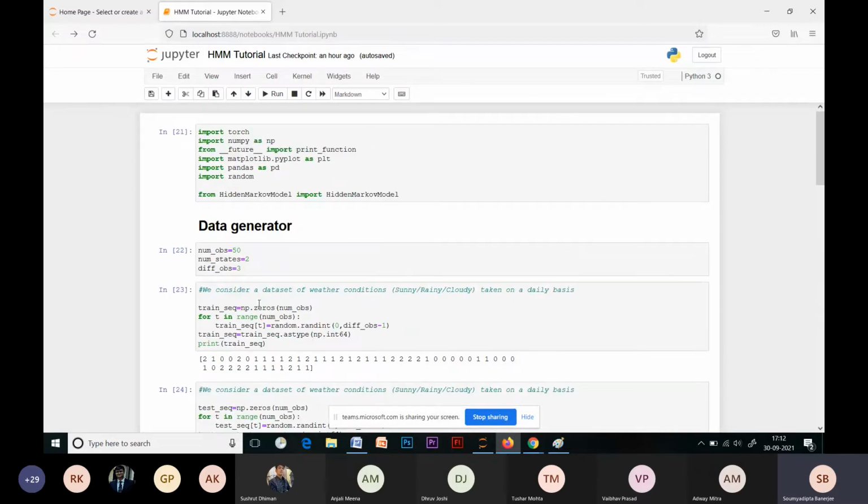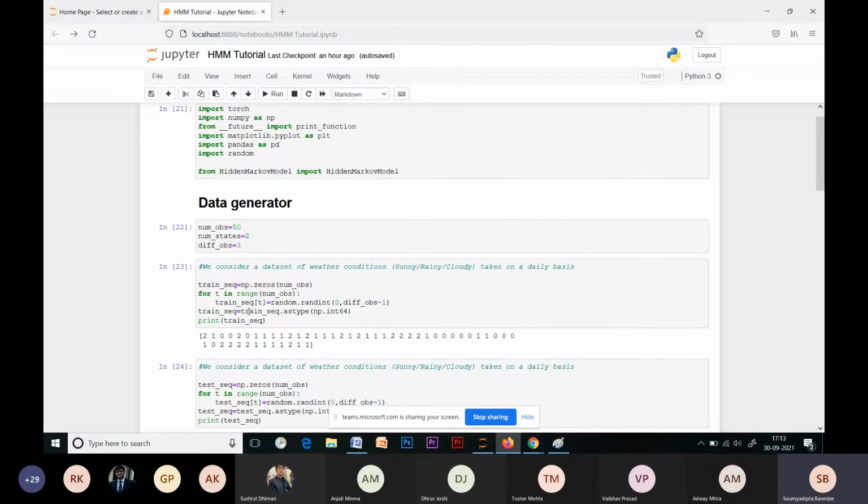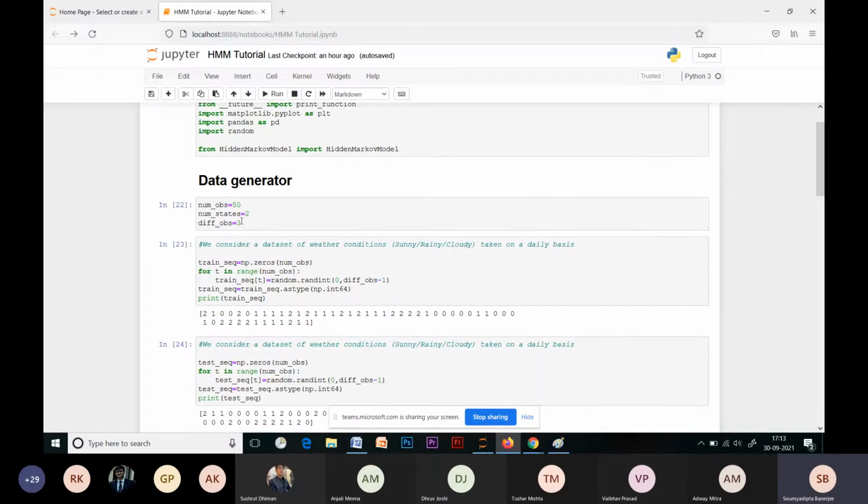What I had actually done with this notebook is adapt it to accommodate different numbers of hidden states and different numbers of observed states.